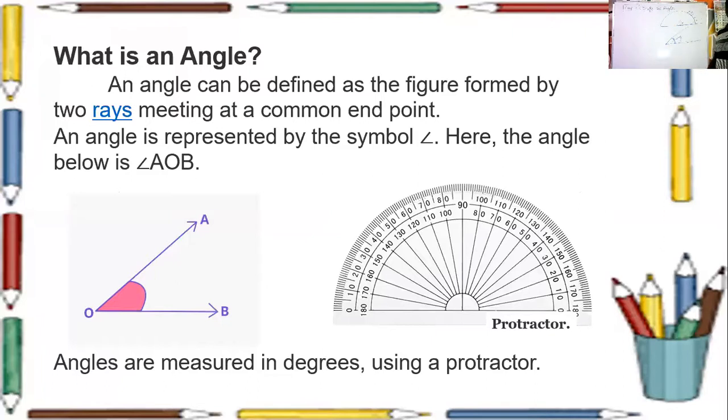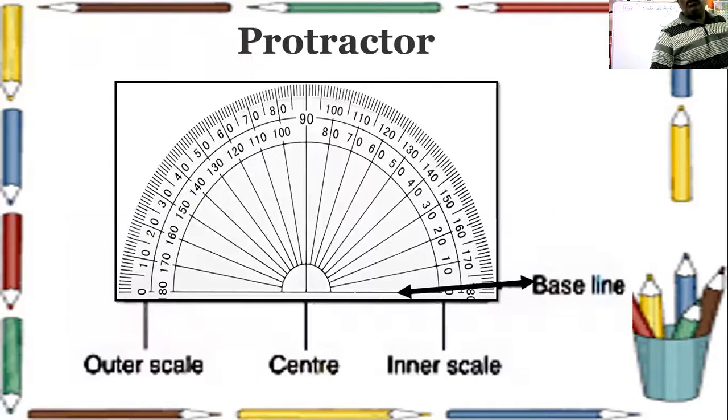An angle can be defined as a figure formed by two rays. This is the angle. To measure the angle in degrees, we use the protractor. The protractor diagram is there in the PPT. You can find the protractor in your geometry box. Please concentrate, nothing to write here, you only listen. This is an introduction class. In the next class, we do all the problems. Today, listen to what we are going to study in the chapter.